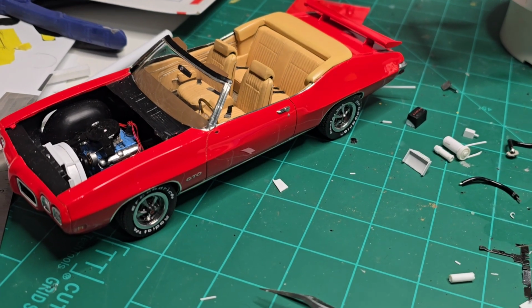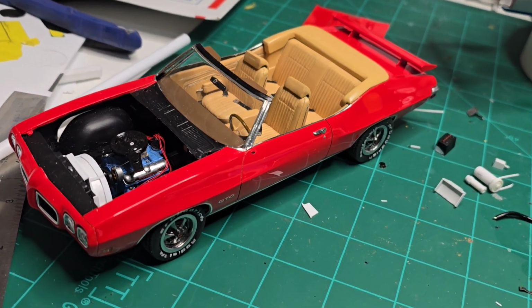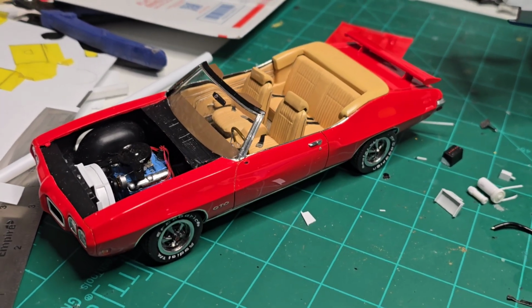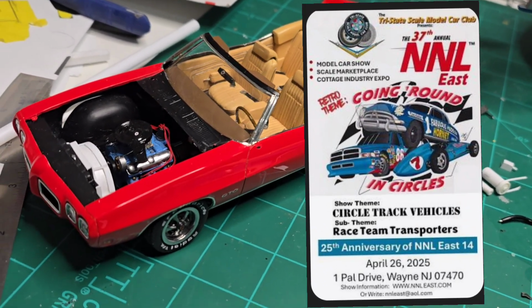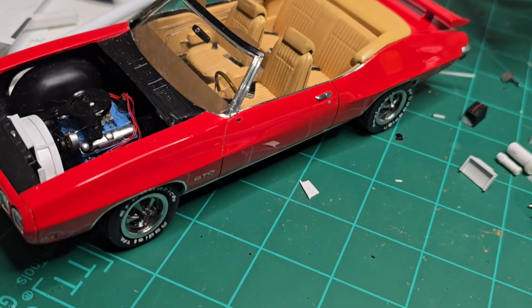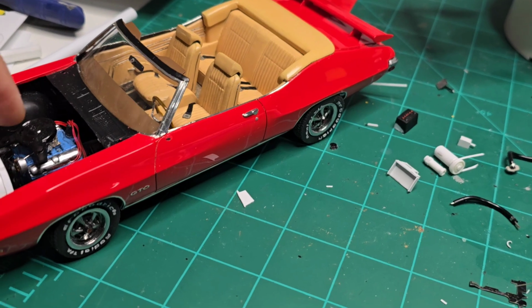Okay guys, we're back working on the GTO after MosquitoCon, but now we're trying to get it ready for NNL East, where I hope to show the car with at least a few more additions or improvements. Now, I'm going to talk to you about all of the parts that I've been making recently for this car